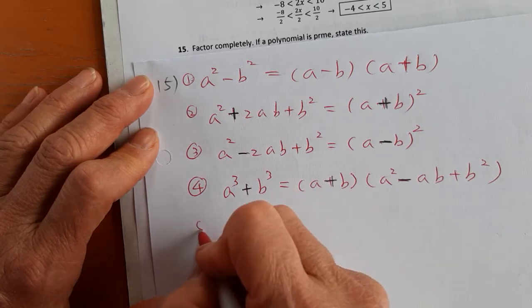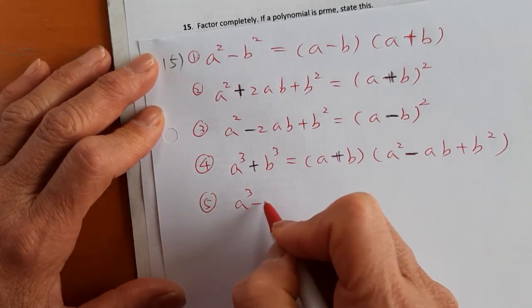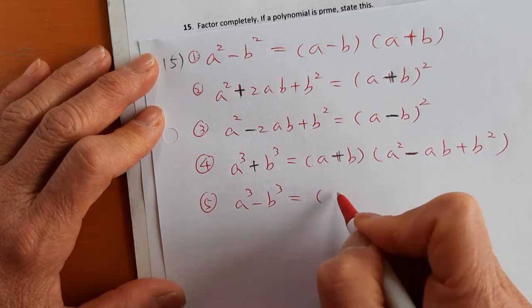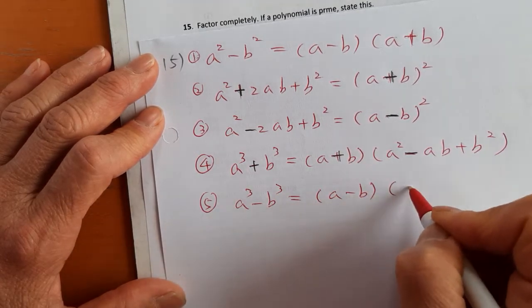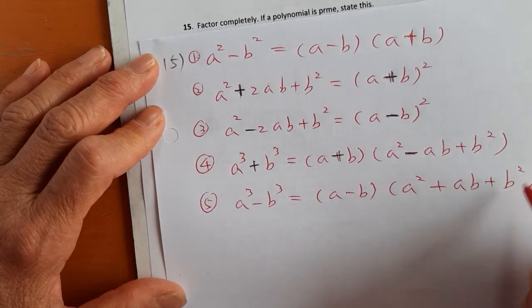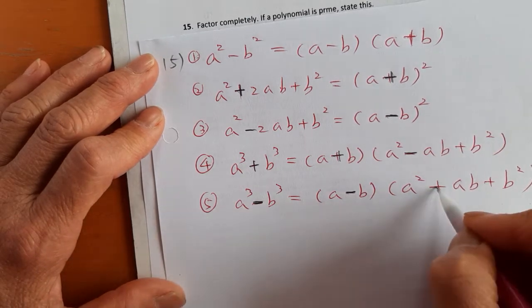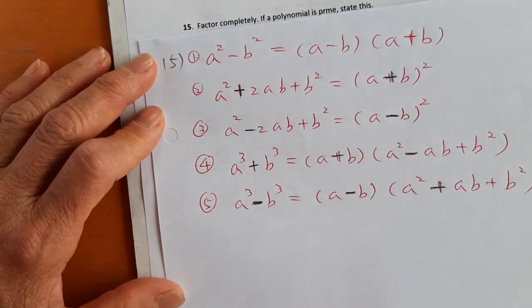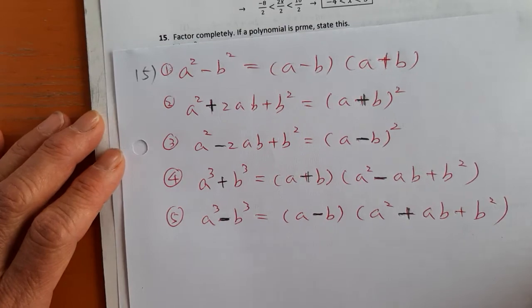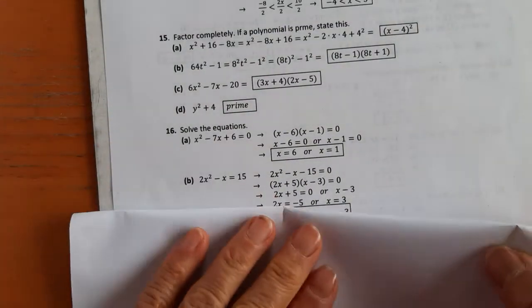Then the fifth one is the difference of cubes formula: a cubed minus b cubed equals a minus b quantity of a squared plus ab plus b squared. In the formula, if here's minus, then this is minus, and this is a plus. So, and for this question 15a,